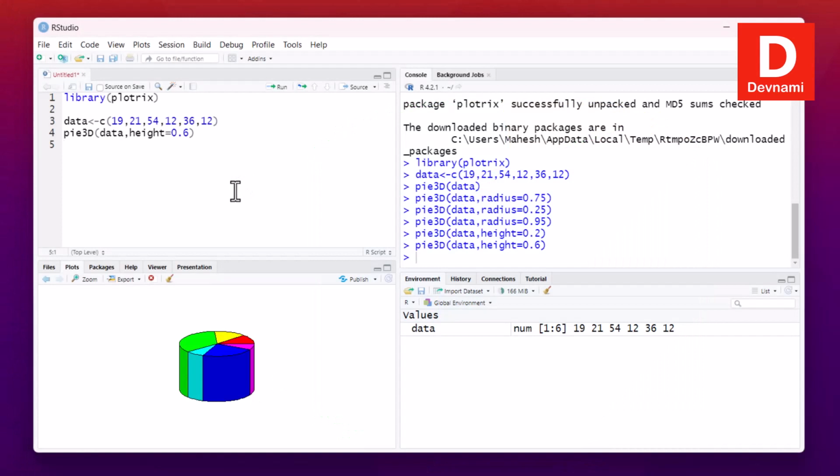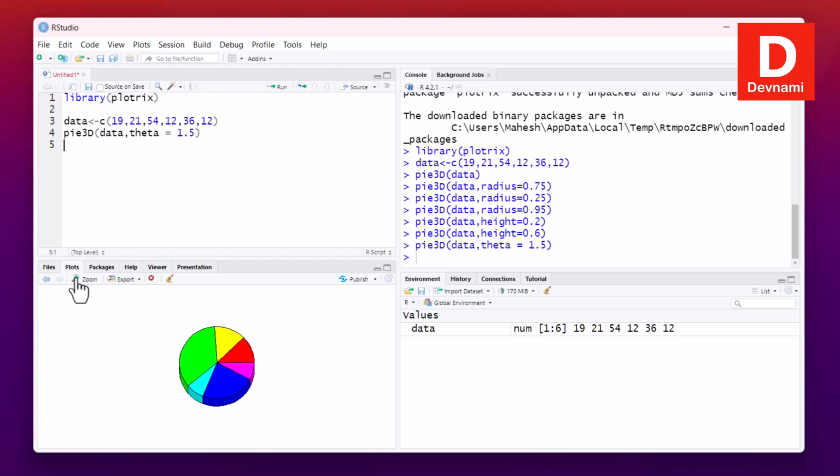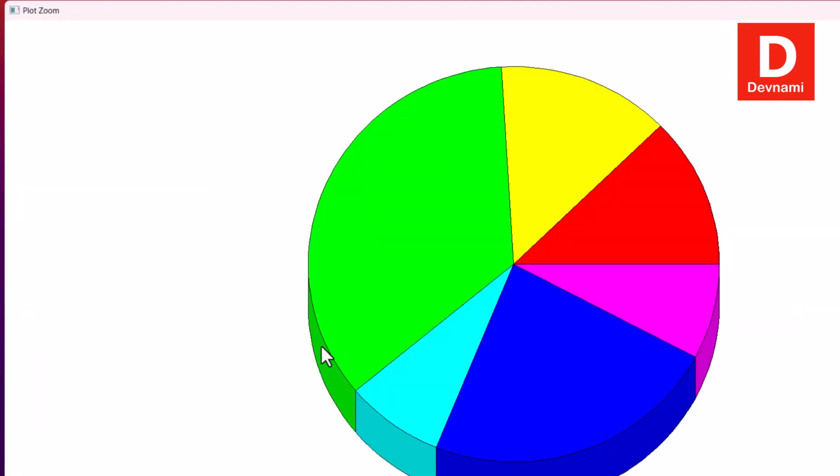So we work with radius, height. We can also work with angle. For the angle we will be using theta. So theta set to something like 1.5. If I run this, it should show you the angle change. So height and radius will be default in this state and angle will be changed. Now this looks a lot better. For those who want to show the actual values, they can experiment with the colors and show the Pie3D like this,